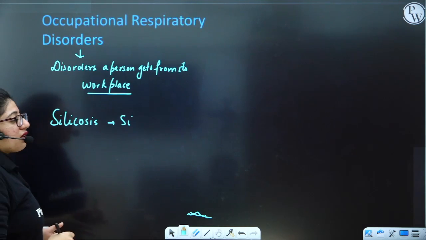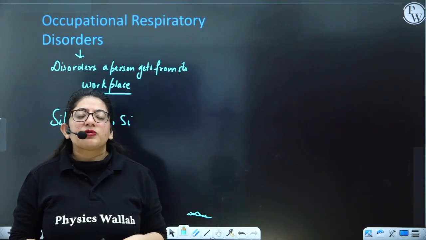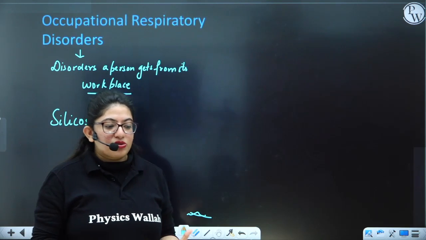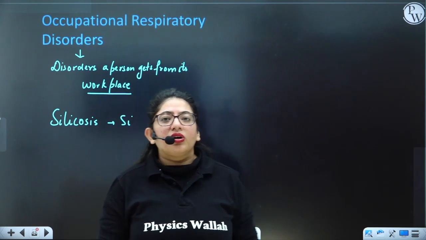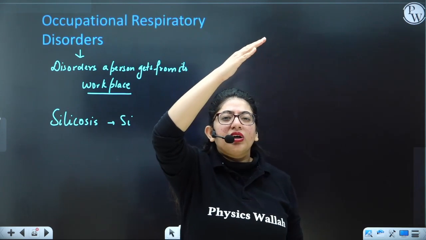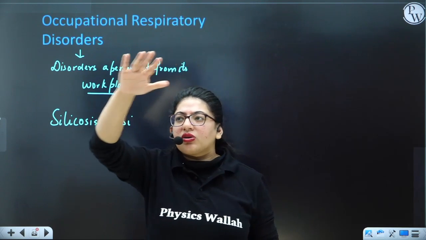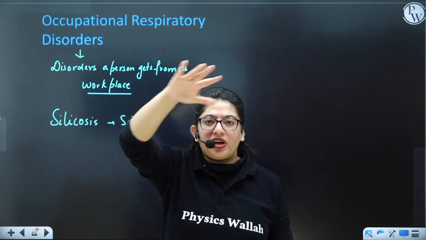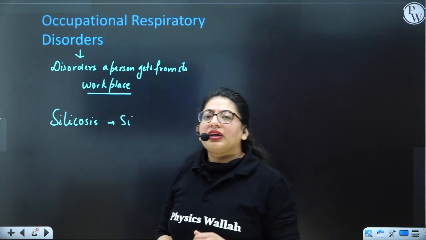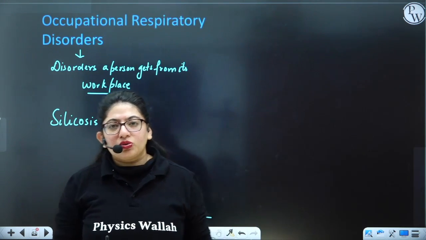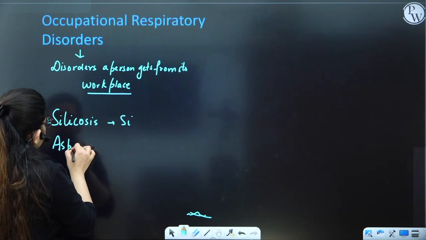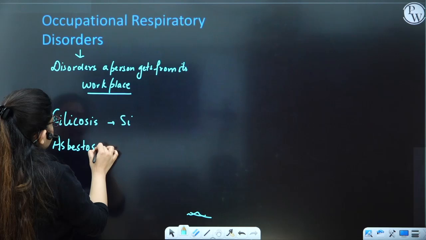If a person is working in a factory where asbestos sheets are made, what are asbestos sheets? You must have seen thick plastic-like sheets people used to use to cover their sheds or to make sheds, so that no sun should enter into their house, right? Those green color sheets are made up of asbestos, and they can also cause an occupational respiratory disorder, and the disorder will be asbestosis,